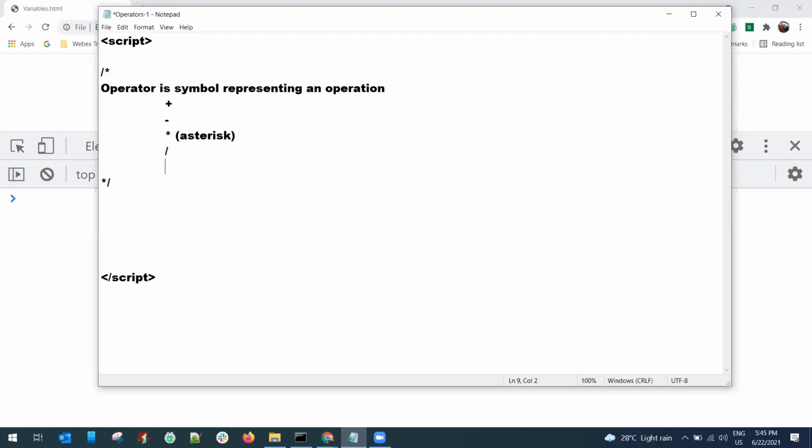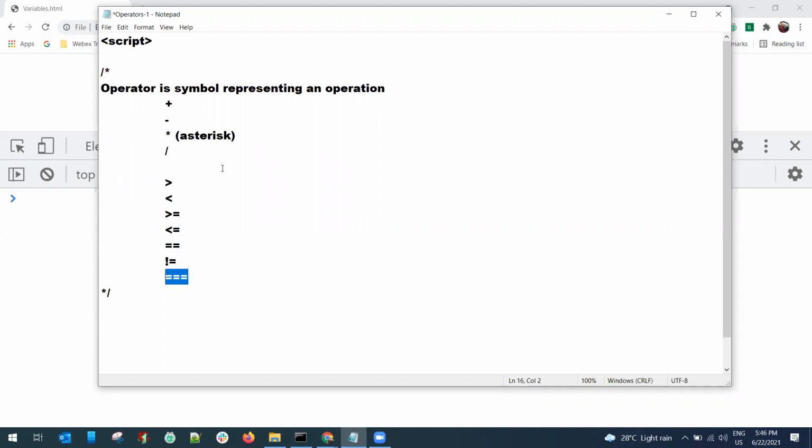These are the major operators we use. In general, I'm not talking only about JavaScript. You know this from mathematics: greater than, lesser than, greater than or equal to, lesser than or equal to, equals to, not equal to. The last one is only in JavaScript. We'll discuss this in detail. This is just an introduction.